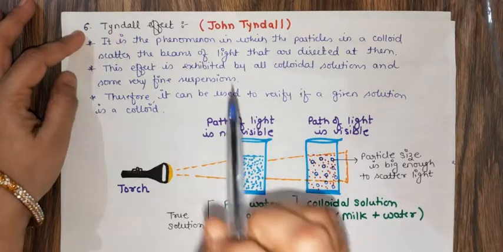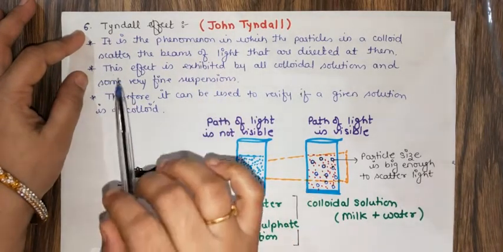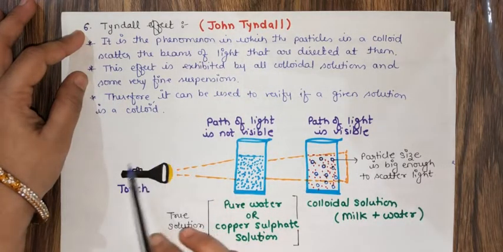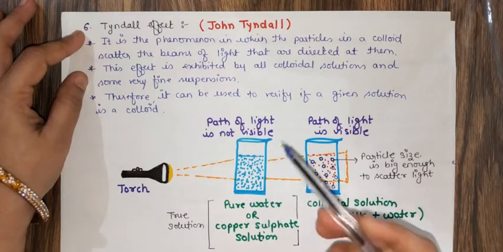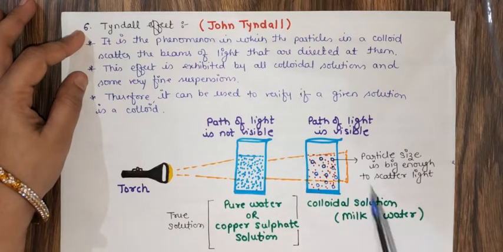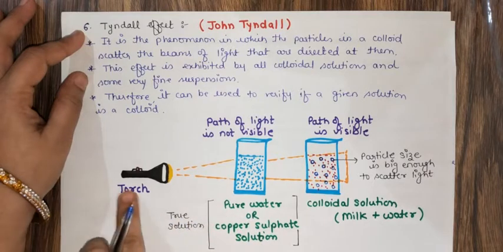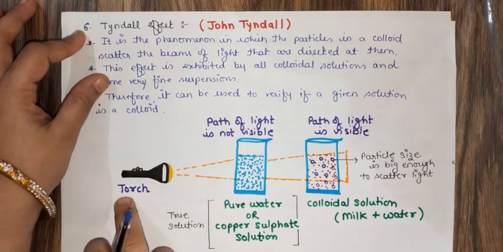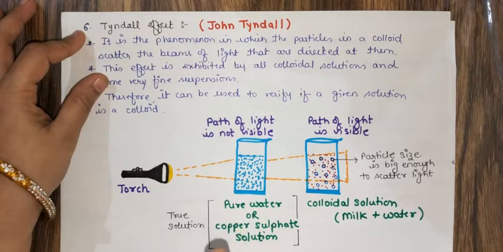Tyndall effect was given by John Tyndall. He saw that whenever a torch or any light source is applied on a container containing a colloidal solution, the path of the light is visible. You can see with the help of this diagram that when a torch, a source of light, is applied on a solution containing pure water or copper sulfate solution, that is a true solution,